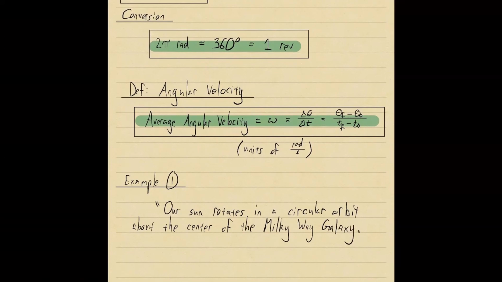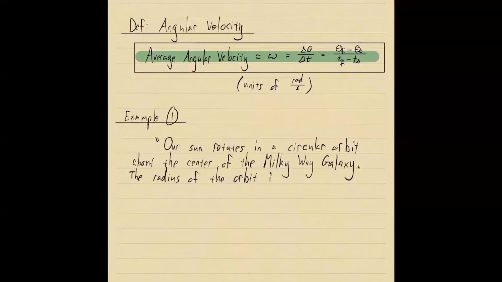The example goes on to say that the radius of the orbit is a pretty big number: it's 2.2 times 10 to the 20 meters. It's very big. And the angular speed of the sun